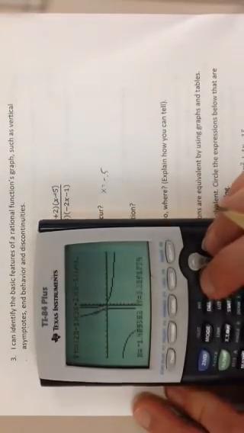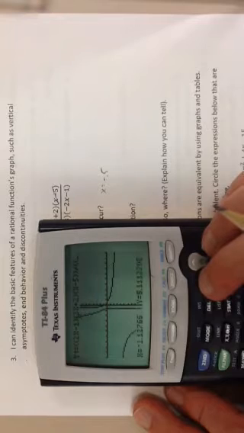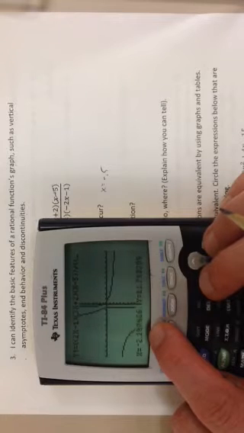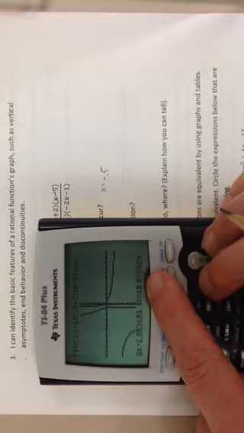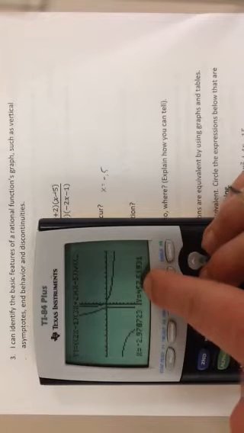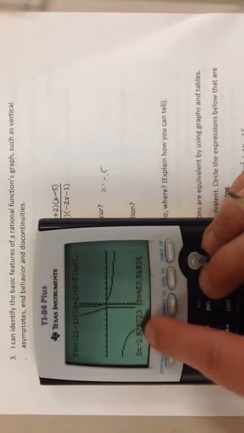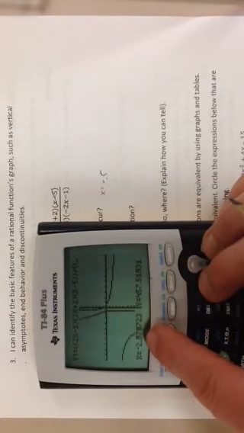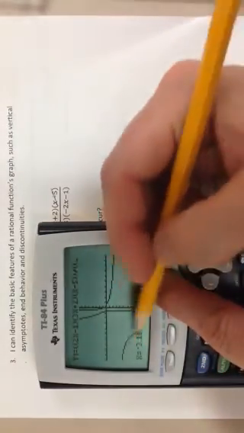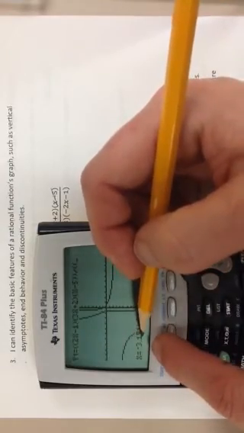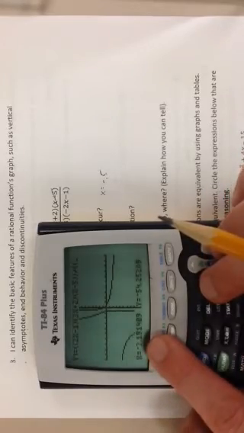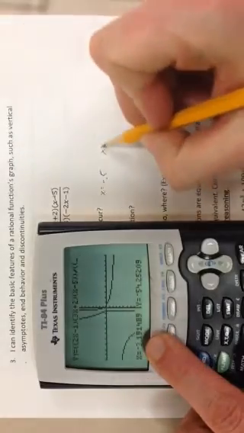And now I'm going to see what kind of invisible line divides this middle section from the left section. So again, here my x is negative 0.21, and I'm still on my middle section, because see, my y's are positive. Even still on my middle section. I can't see the trace, but I know I'm still on my middle section. And here I am at x equals negative 2.9, almost negative 3. And I hit over again, but now I've gone down to negative, so that means I am on the far left section, and I'm at x equals negative 3.1. Somewhere between negative 2.9 and negative 3.1